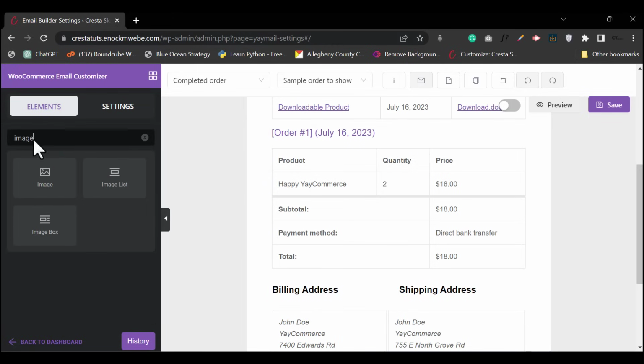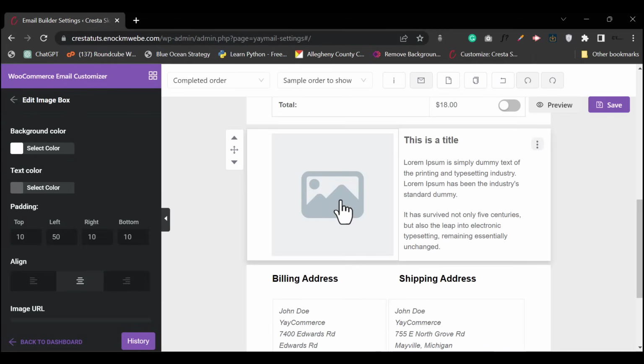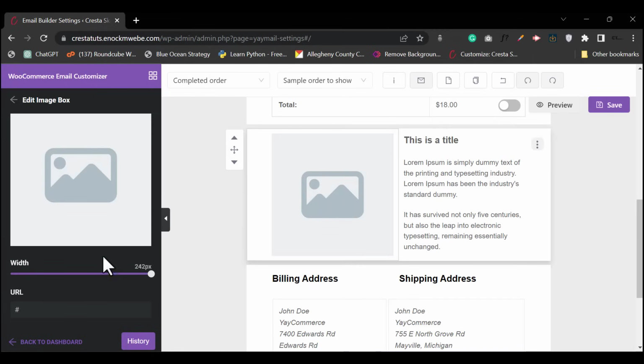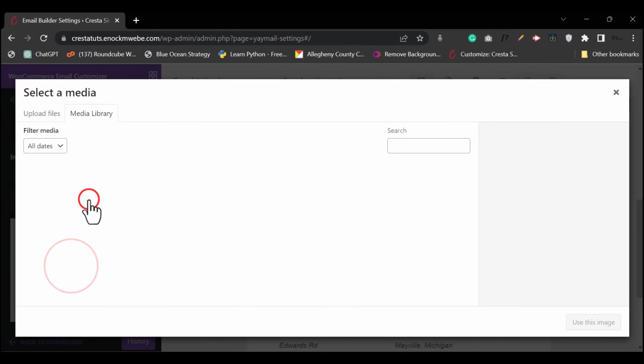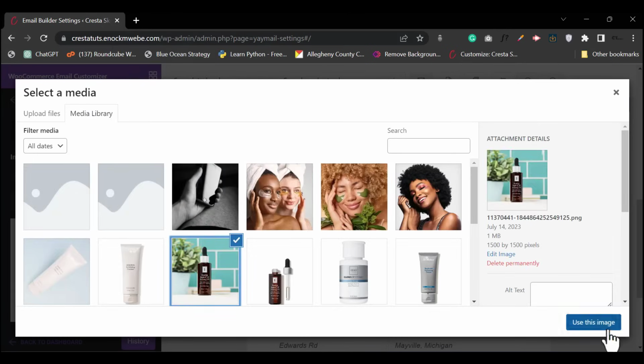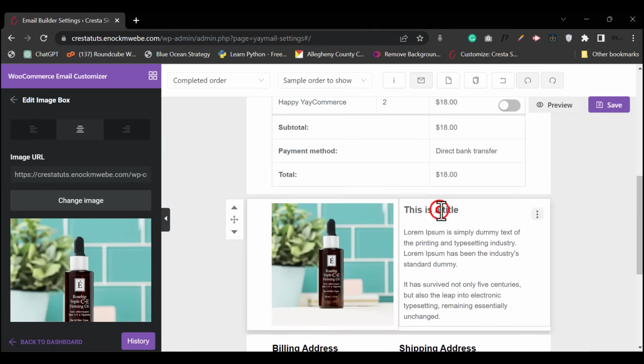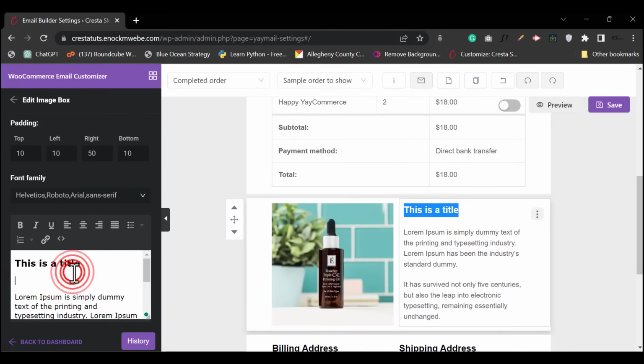image. Let's say an image box, and you want to add it under the billing address. So what you can do, if you have maybe a promotional item or something like that, is click change image, and let's say you want to market this. So probably you can say